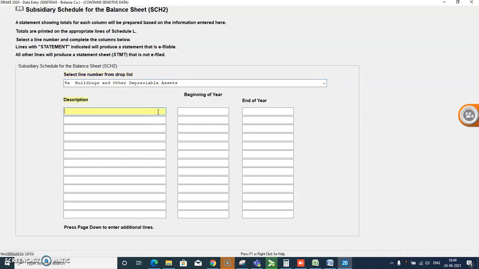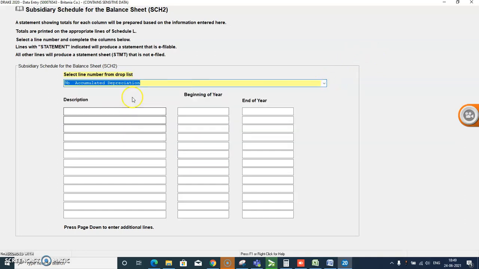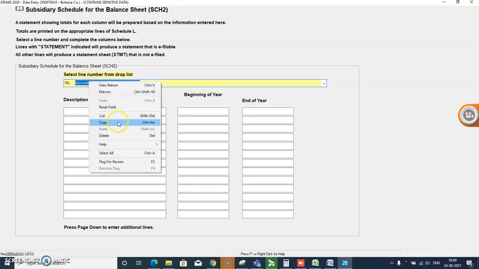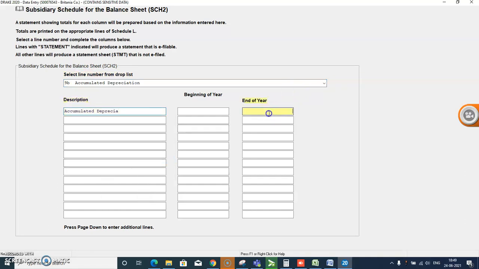So we are entering building here; at the end of the year the amount is $25,000. Again we have accumulated depreciation. We need to select accumulated depreciation here, the same $5,000.